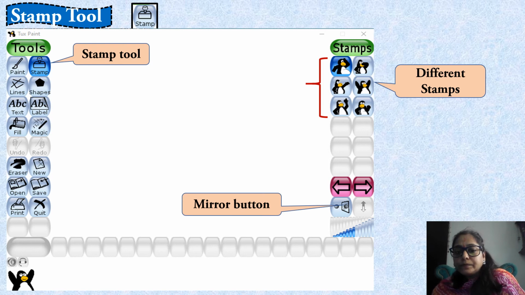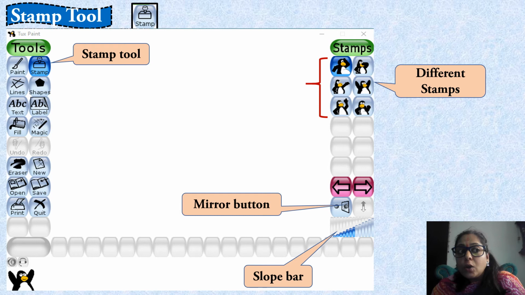It is like a volume bar. Its name is the slope bar. S-L-O-P-E, slope bar. Using this bar, we can choose the size of the stamp.